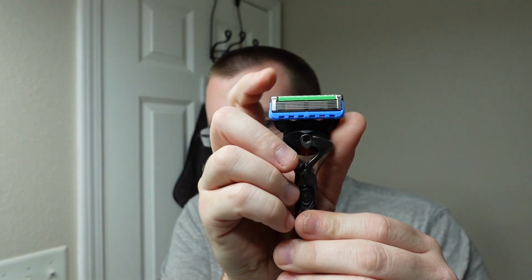And then here we have the Gillette ProGlide. Most of us are familiar with this. We've either seen it before or used it before. It's made out of a combination of plastic, metal, and some kind of rubbery, grippy texture. This is a 5-bladed cartridge razor with a lubricating strip and a trimmer on the other side. It pivots side to side and up and down. Like I said, a garden variety 5-bladed cartridge razor. So we're going to put these two razors up against each other, head to head, just like